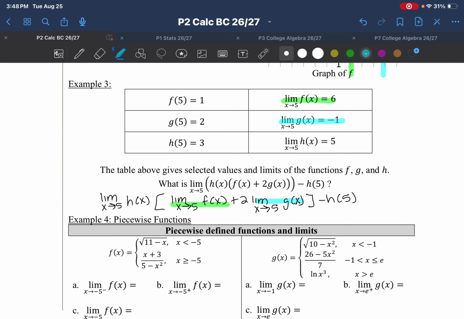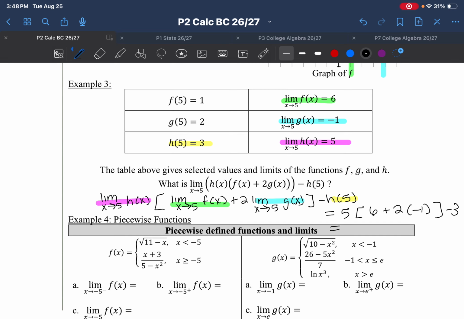Of g of x is -1. H of 5 is 3. So I've got to plug that in so far. So I have the limit as x approaches 5 of h of x. The limit as x approaches 5 of h of x, that's this. That's 5. So I have 5 bracket 6 plus 2 times -1 minus 3. So this gives me